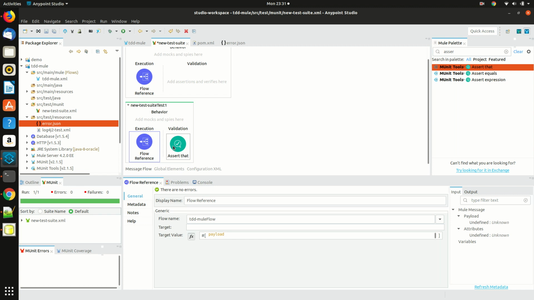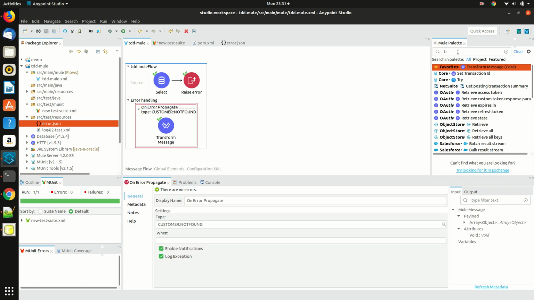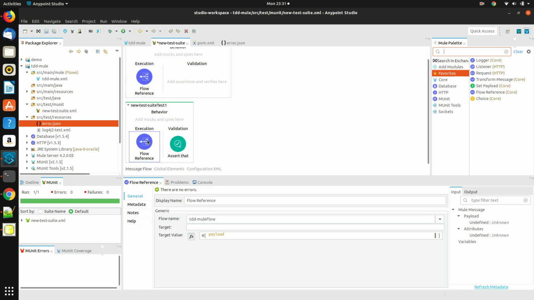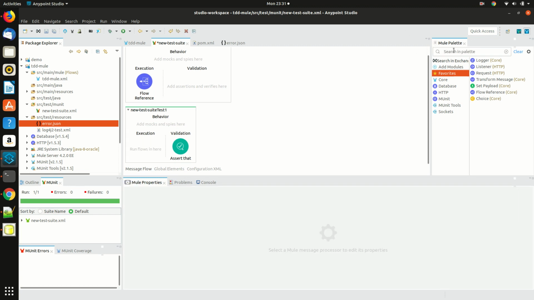So for that to happen, we have to add an HTTP listener. But before that, I have to remove this flow reference. Let's just get rid of this flow reference and add a requester instead, because the requester would be able to return back the exception code, which would be 404 because it's not found, and with a sensible message. So let's add a requester